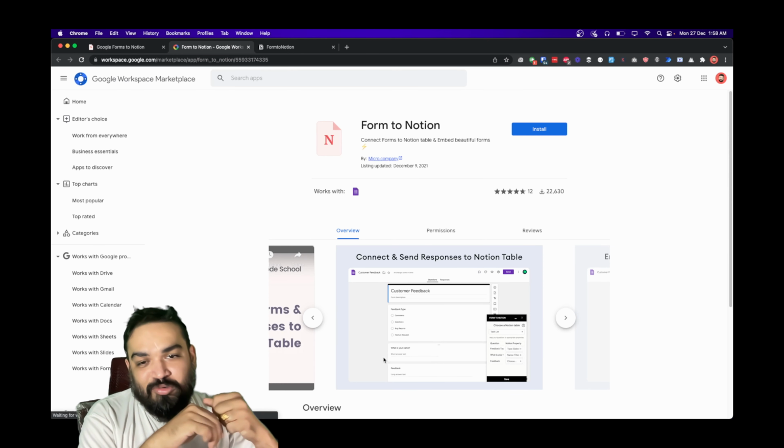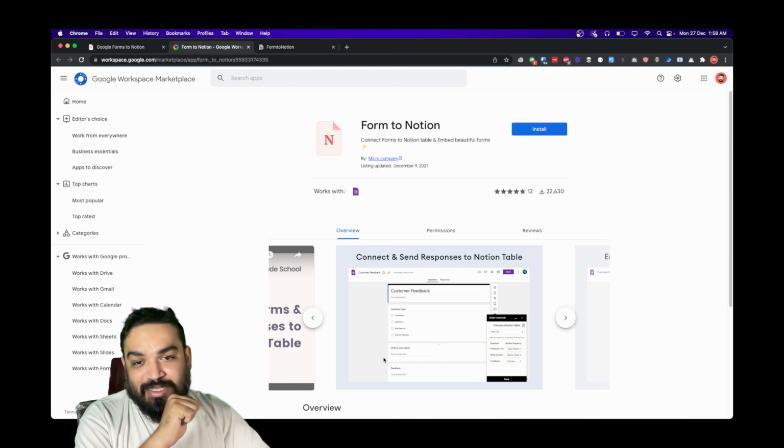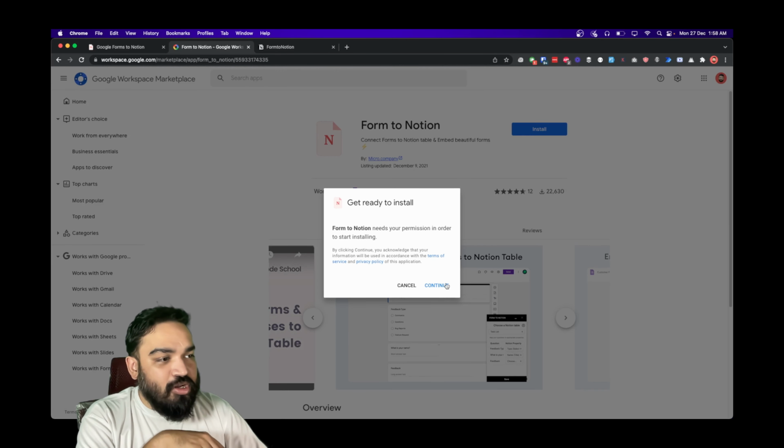So what form2notion does is gives an add-on for Google Forms itself, so that you can do the linking part of your Google Forms to Notion directly from your form itself, right? So I'm going to click on install and continue.